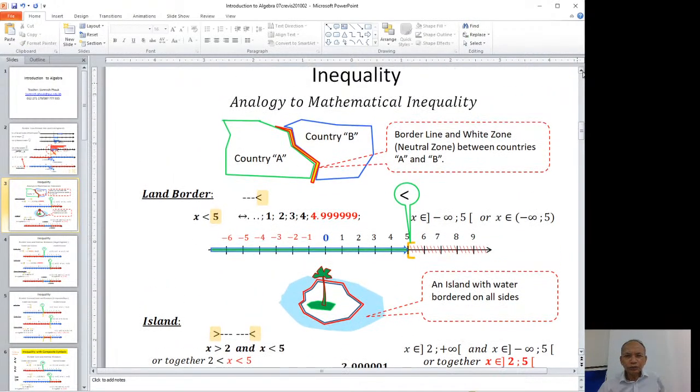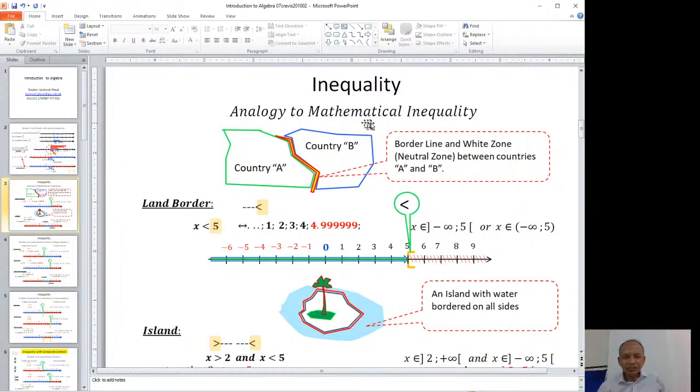Again here, to show the analogy of the inequality concept, the analogy of mathematical inequality to our real life concept. It is like an example in our life: this is country A on the left here, and on the right country B, and then